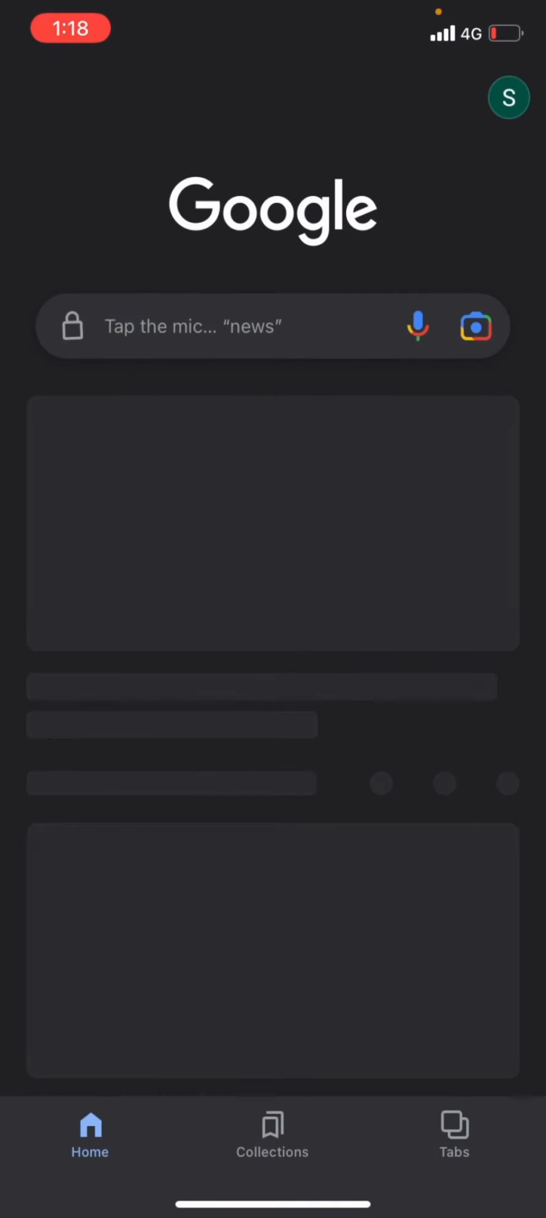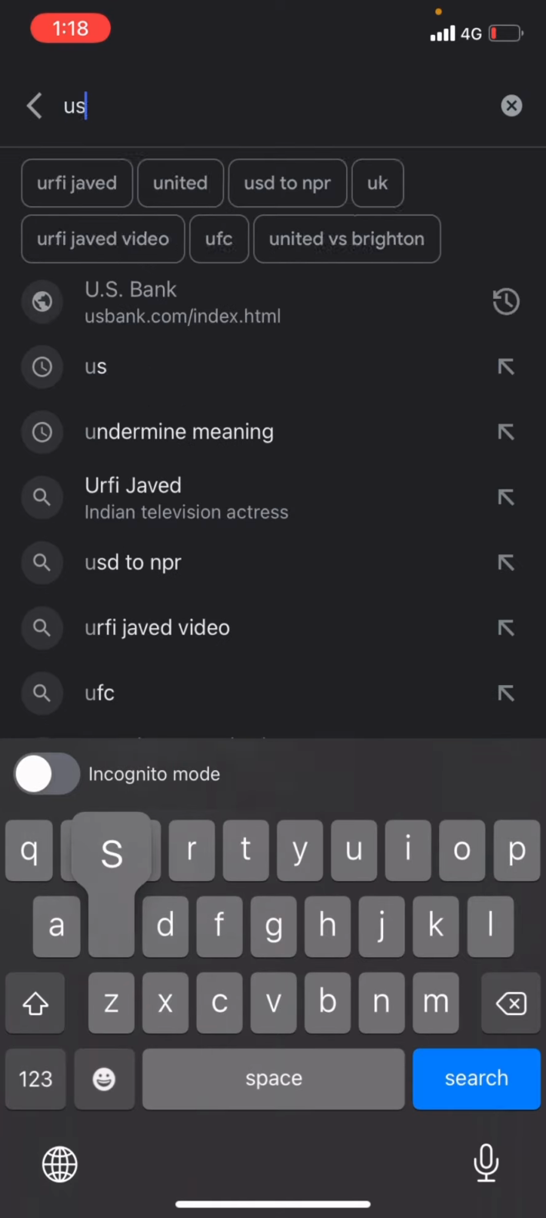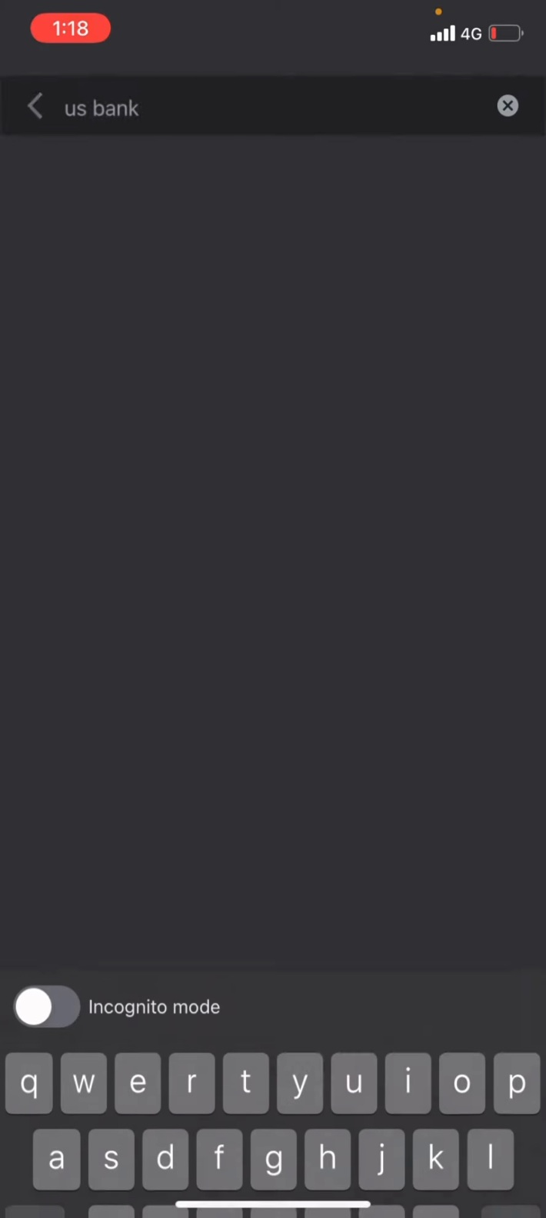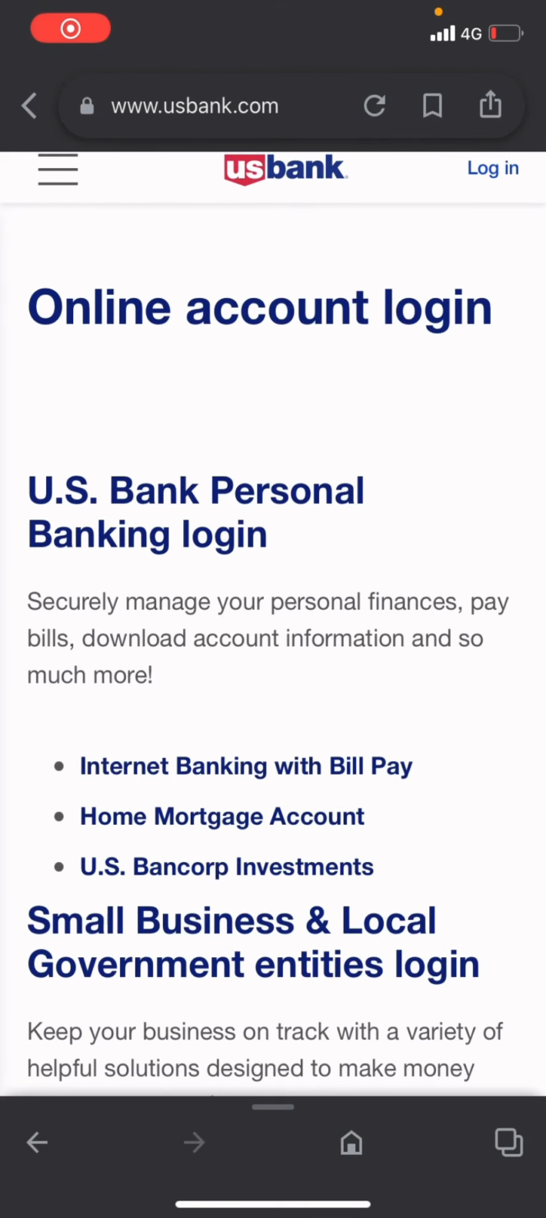After opening up Google, on the URL bar, type in USbank. And click on Online Account Login. And after that, you will go to the official web page of USbank. After landing on the official web page of USbank, you will notice a login button on the very topmost right